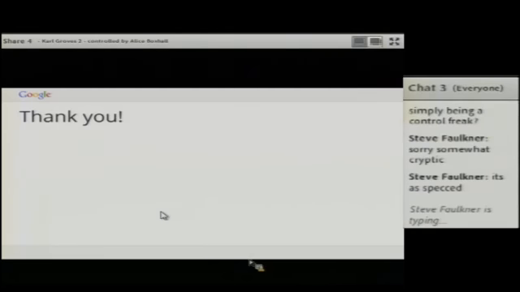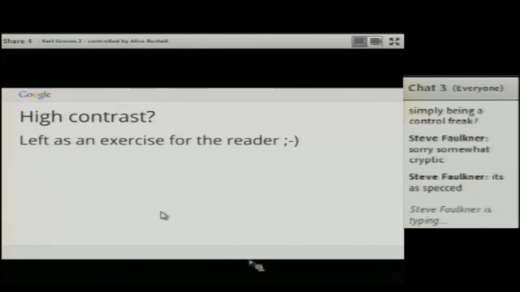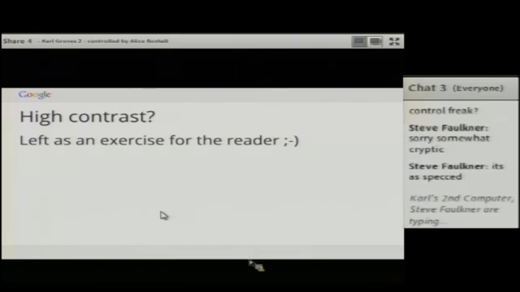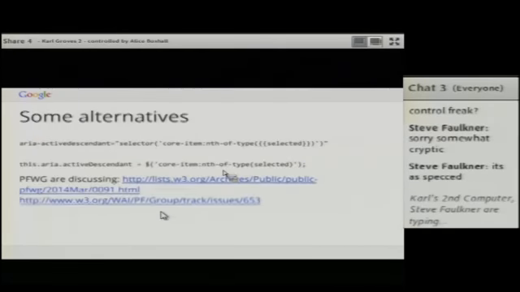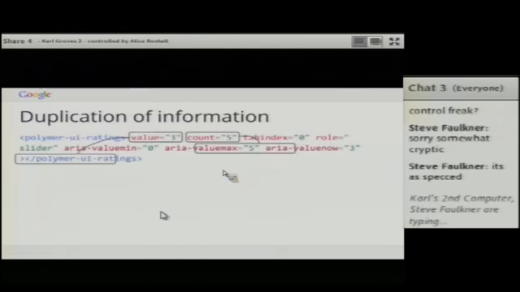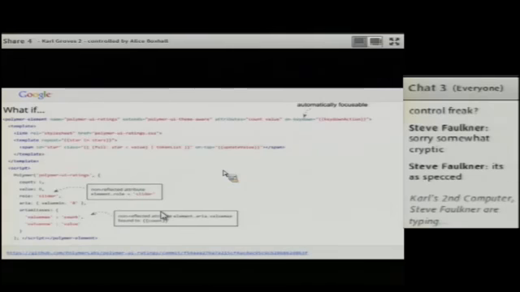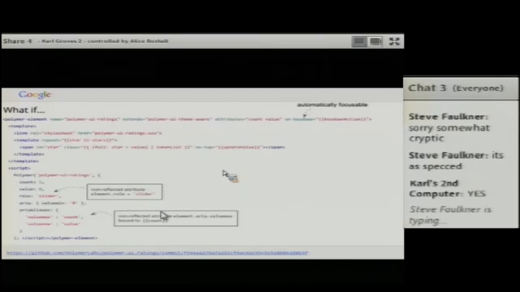So meanwhile, Carl asks, would those properties be built into Polymer Core? Are you talking about the ARIA aliases and the role and ARIA, etc.? Yeah, so that would be the plan.